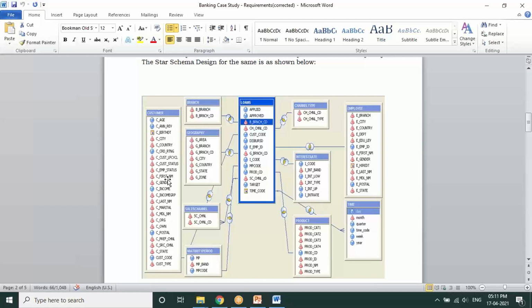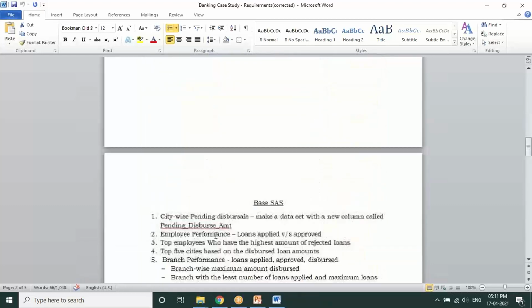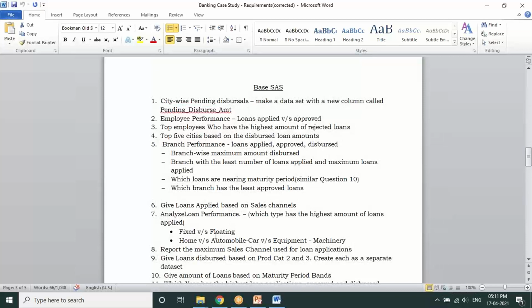The schema is provided here, and upon that you have different types of tasks generally assigned in real time. The task could be almost similar, but probably you'd be working with a huge set of data. Here is a list of a few data sets that has been provided, but in real time you'll be pulling all the data. You might not be doing an individual task. For example, you might be involved in only the ETL part, or only analysis, or only reporting. No one will be doing all the end-to-end part together.